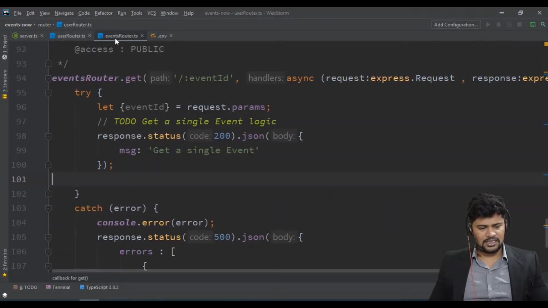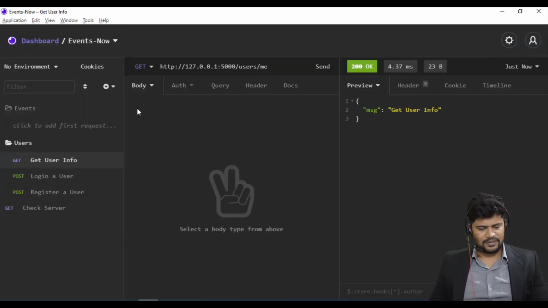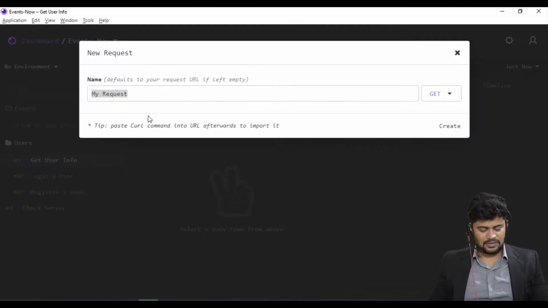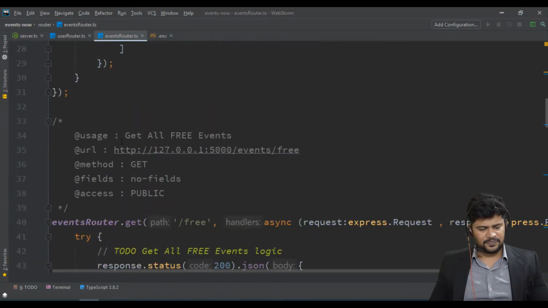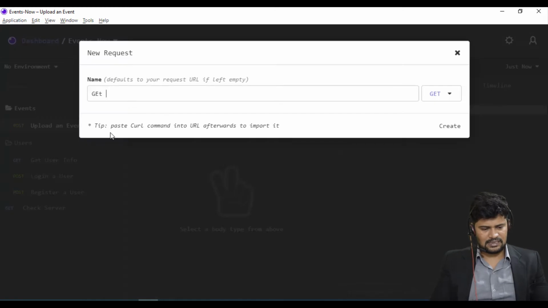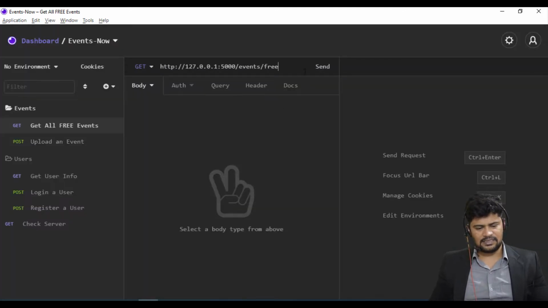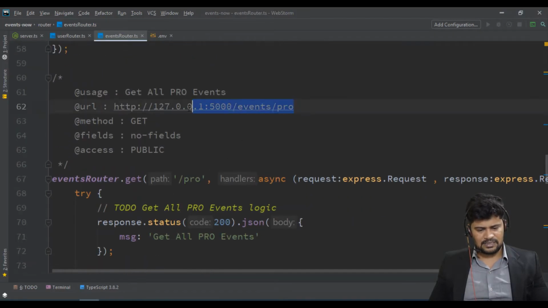Let's go with the events. Starts with upload. Copy the URL. So for upload, I'll create a new request, upload an event. This will be a post request, create, paste, send, done. Next, get all the free events, create new request, get all free events, get request, create and paste it, send it. So free events. Next, for pro events,